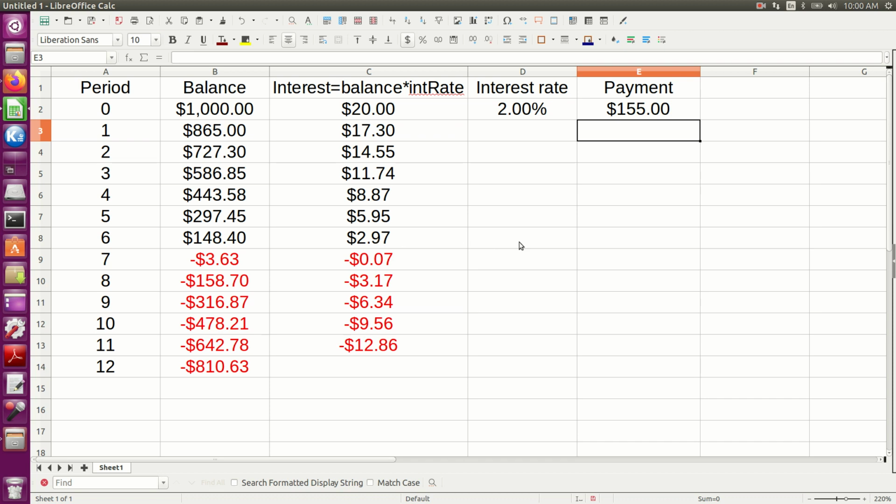Okay, so that's the basics of loans and savings, and we'll do another video where we use slightly more complicated ideas with both savings and with loans. So that's it for the